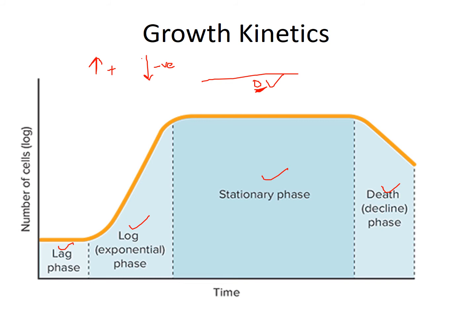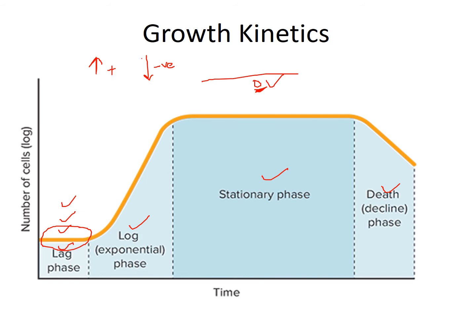If you look at the first phase, that is the lag phase. What happens in this lag phase? The organisms do not increase in number, but they are metabolically active in this phase. They will grow in size, synthesize the enzymes that are required for growth, and incorporate various molecules from the medium. So these are all the activities that the bacteria perform in the lag phase: they grow in size and synthesize enzymes, but they do not increase in number. So this is what the lag phase is.